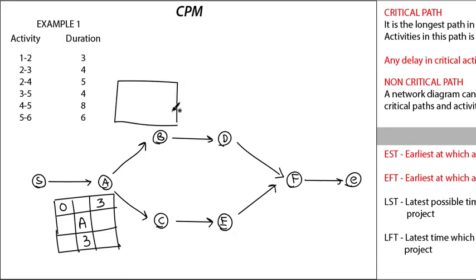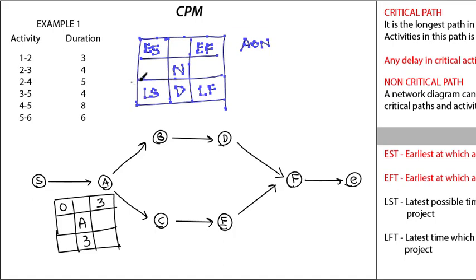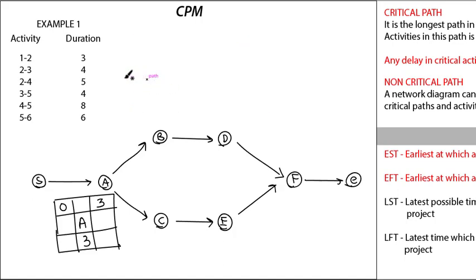I guess this will take plenty of time. This will be a bit lengthier video, so I am not drawing that grid. It just takes time. B's earliest start time will be when A ends, so it will be 3 over here. The activity name is B, duration is 4, so 3 plus 4 gives me the earliest finish time, that is 7, right? We are now doing the forward pass calculation where you have to add things.